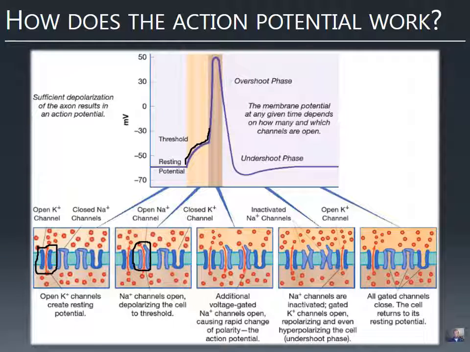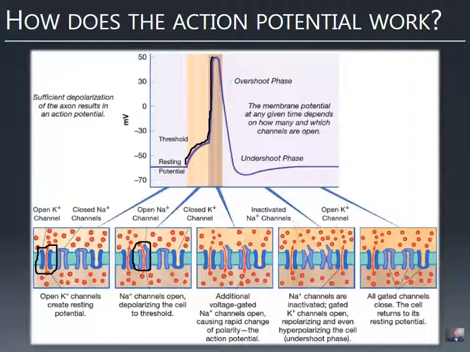See this positive feedback system. So sodium comes in, opens more sodium channels, even more sodium comes in, opens more and more, until they're all open and sodium's coming in as fast as it can. And it brings that membrane potential up to around 50 millivolts. So in fact, at that point, there's more positive charge inside the neuron than outside.